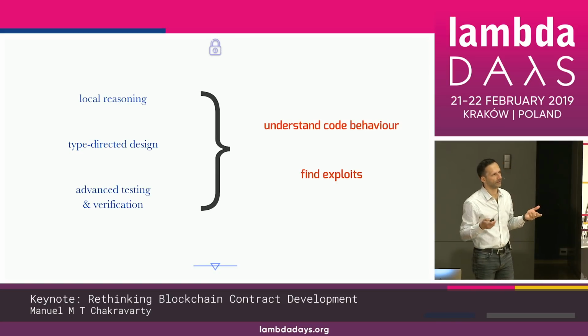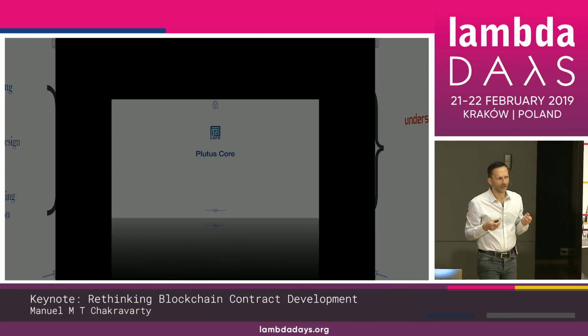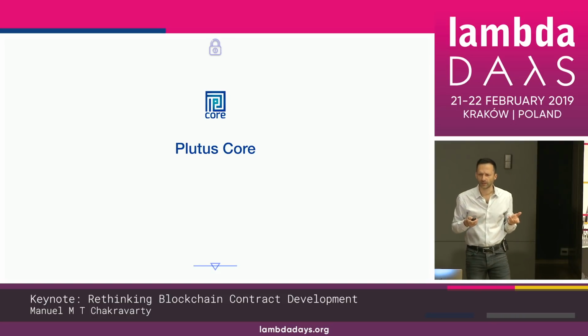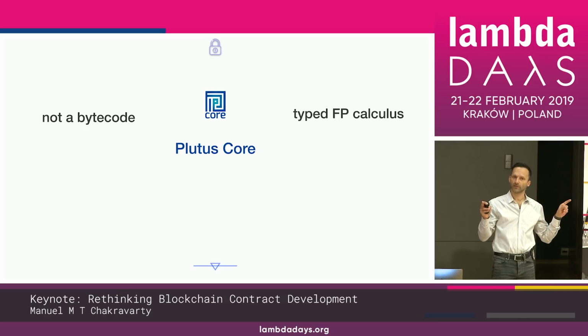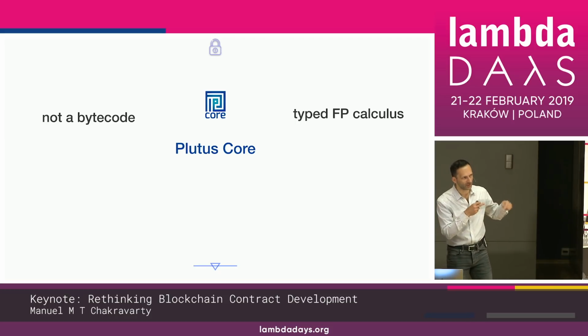So let me give you an example. These validation scripts, which are run on the servers to check that the transactions actually are valid, we have to represent that code somehow. So typically, if you look at, for example, Bitcoin, Ethereum, all these systems, people use a bytecode. I think the only reason they all use bytecodes is because Bitcoin used a bytecode and then everybody went, this is what we have to use. So we don't do that. We use a typed functional programming language because we can actually talk about what the programs mean. You see, I'm repeating the same thing over and over.